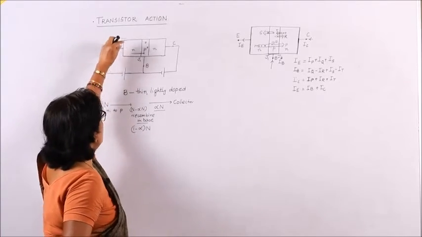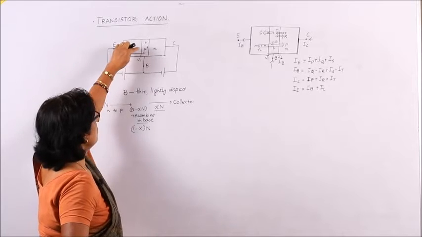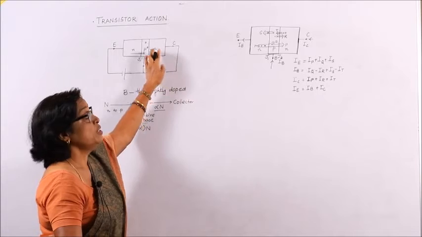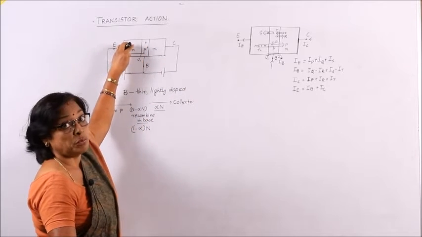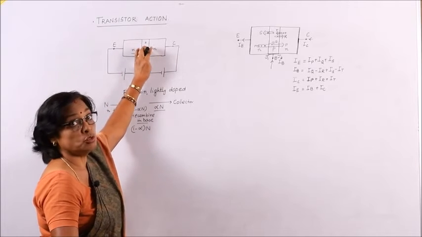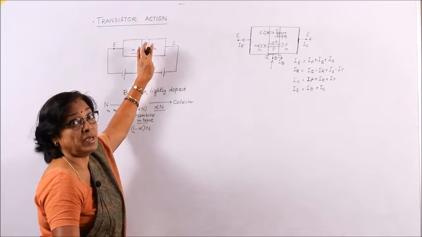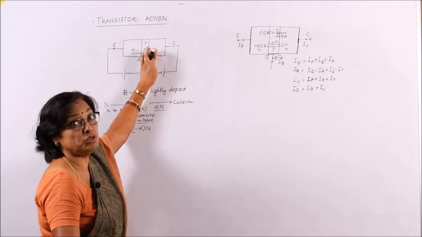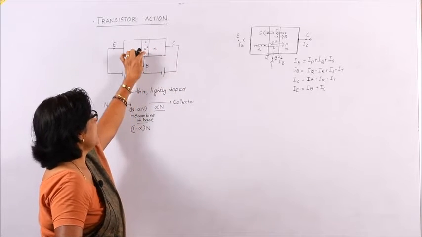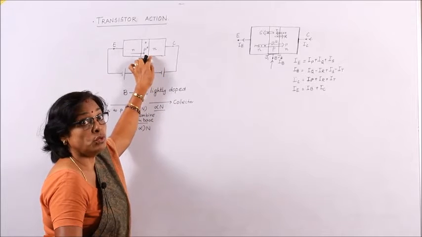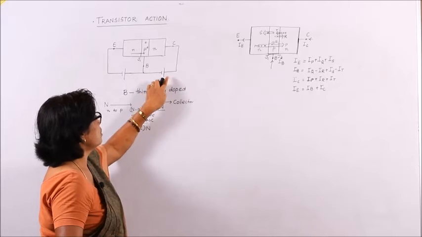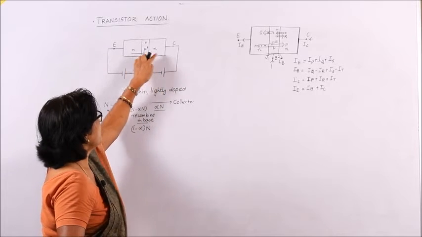So, when there is a forward bias, this depletion region is less and the potential barrier is reduced. So, a certain number of majority carriers, mainly electrons here, cross the junction and go to the base region. The base is thin and lightly doped, so only a few of them will recombine with the holes here. The rest of the electrons will be quickly swept into the collector, because the collector is positive. So, it will attract these electrons.